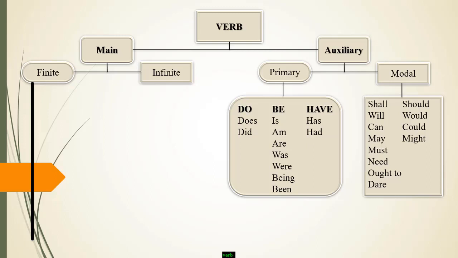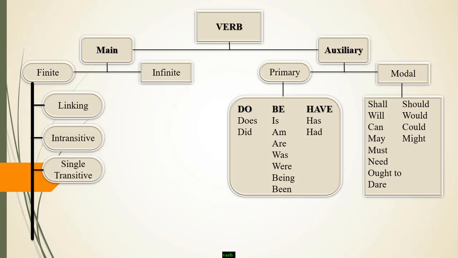Similarly, we have here main verb. Its subdivisions are finite verbs and infinite verbs. In the category of finite verb, we have linking verb, intransitive verb,